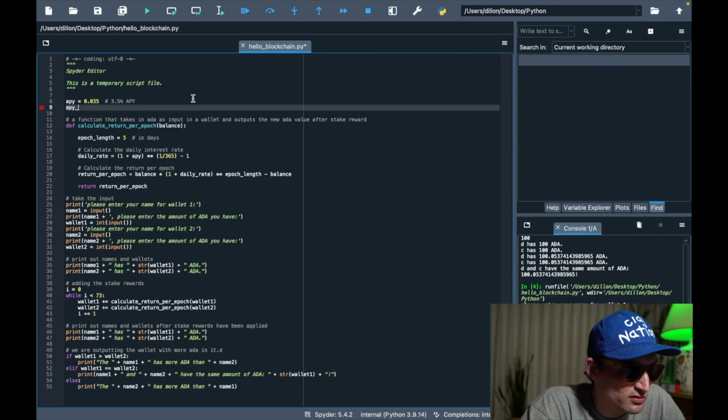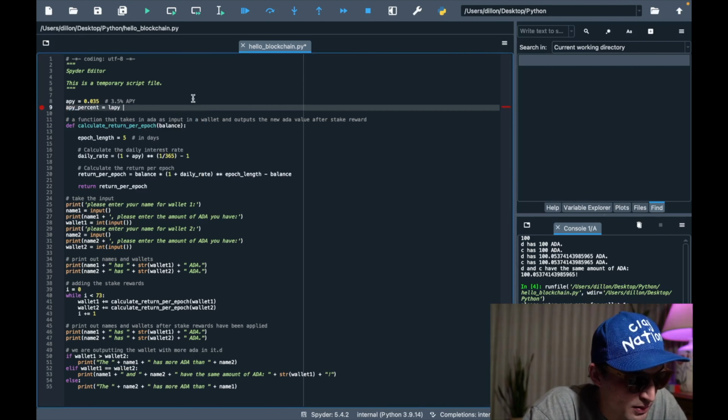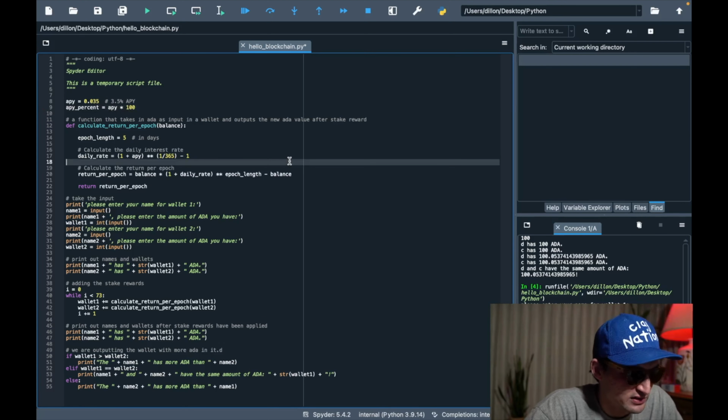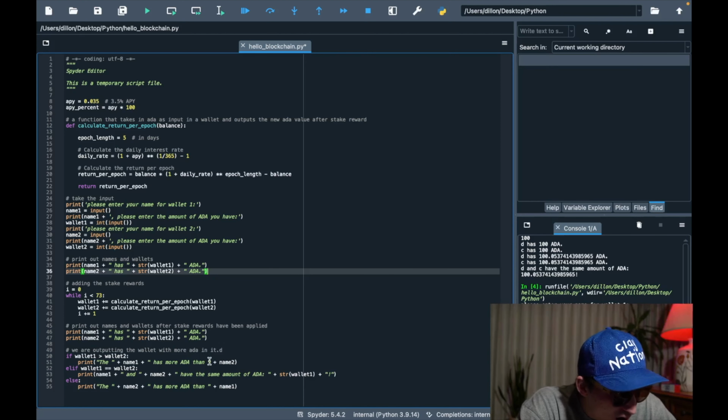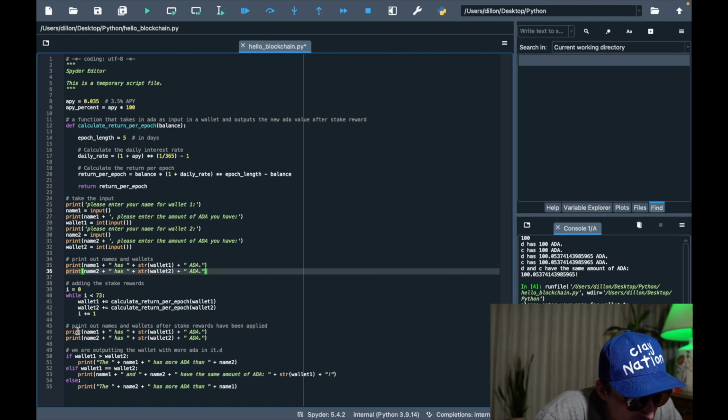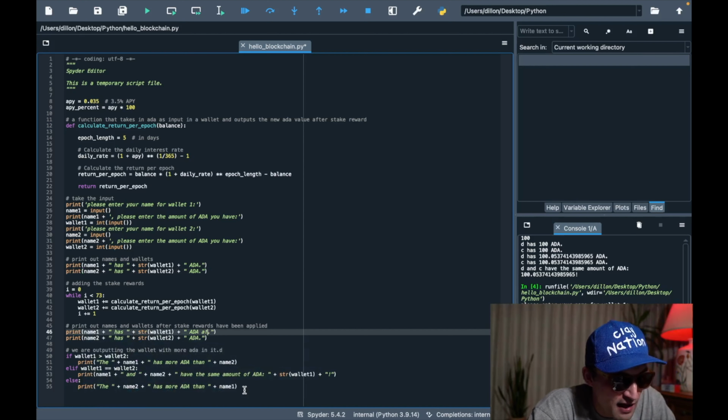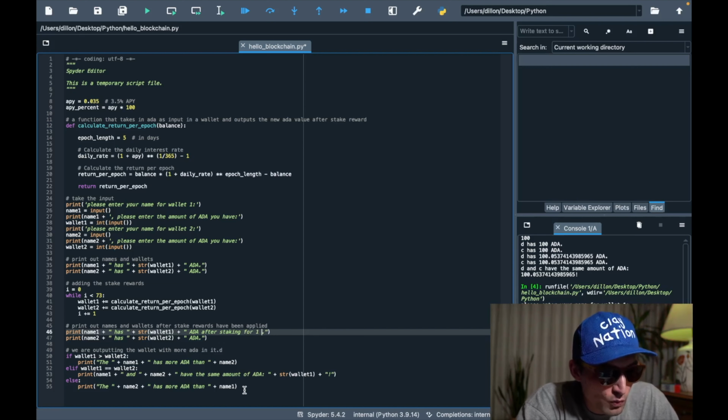And actually what I'm going to do is APY percent, and that is going to equal the APY times 100. That way I can output it more easily in the text. So let's see. What I want to do now is change this text to be a little smarter. So name has that much ADA after staking rewards, after staking for 1 year